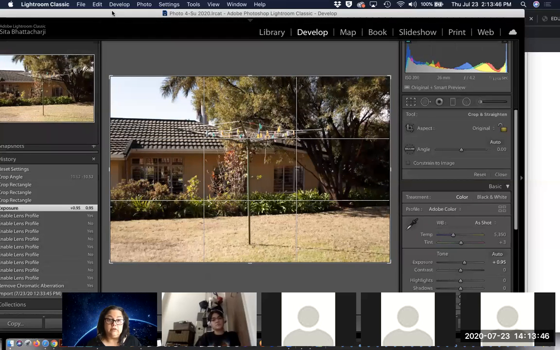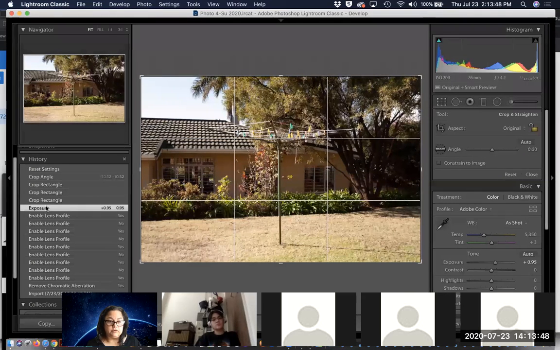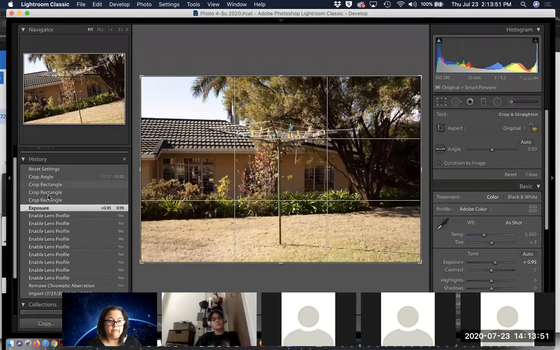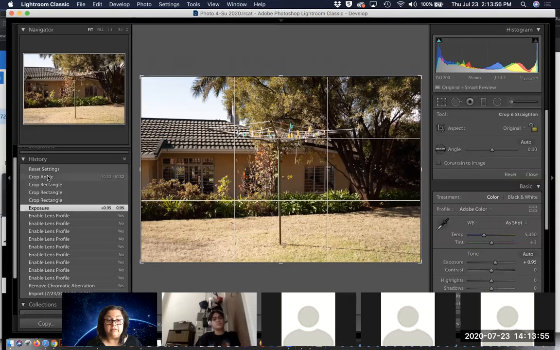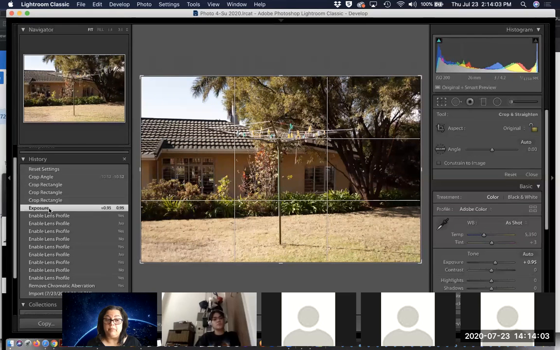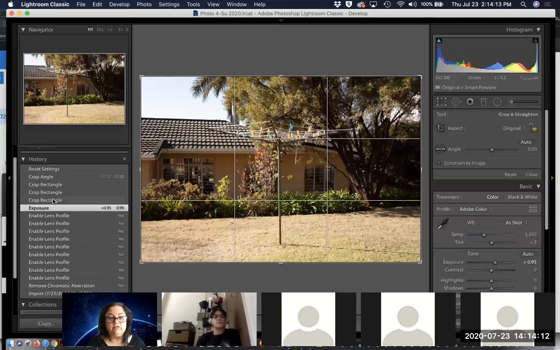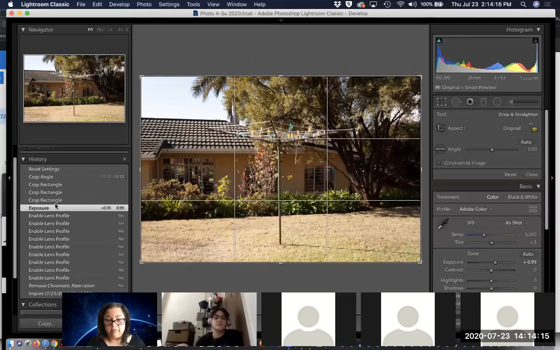If you look at the history, I've gone back to where it says exposure. And if I move my cursor over the rest of the history above that, I can see what I did, and I can go back to one of those points or just go back to this point before I did any of that. Now, if I go back to this point and then continue to work, these instructions will disappear. So that is the only time the history disappears,